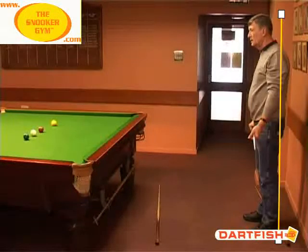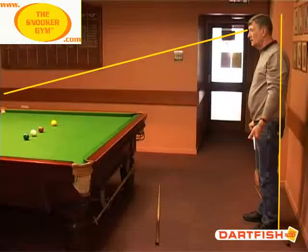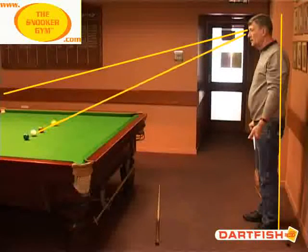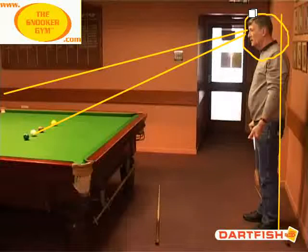Well, it means that you can watch in your mind and plan what the object ball and the cue ball are going to do before you actually play the shot. And this mind time, the drill as they sometimes call it in snooker, means that you play the shot in here, in your mind, before you play the shot. Don't ever play a shot without having played it perfectly in your mind first. Otherwise, you have nothing to